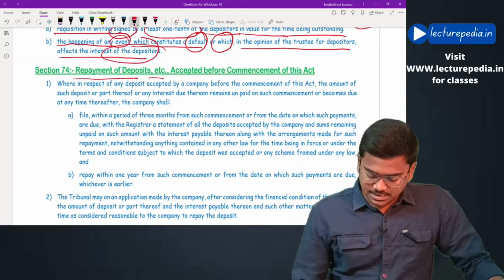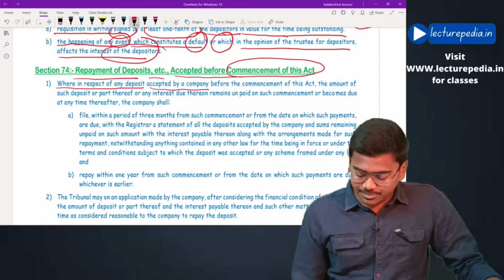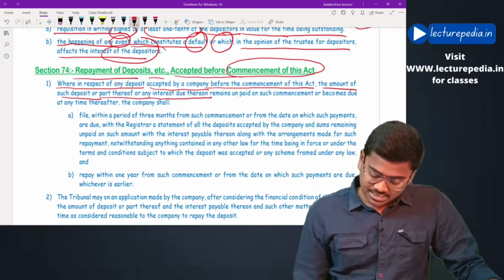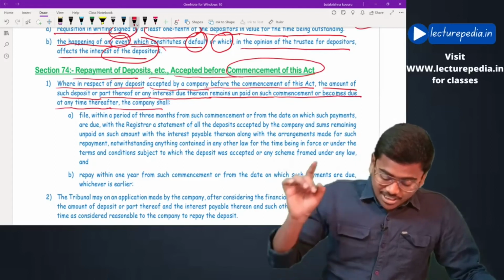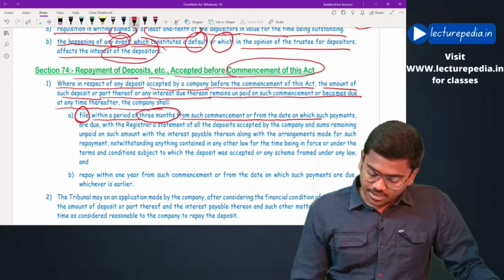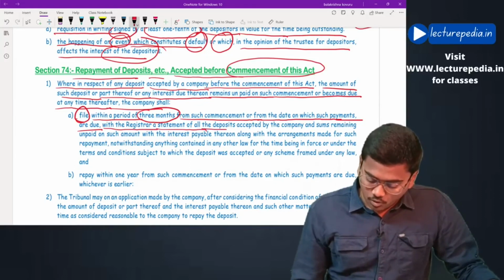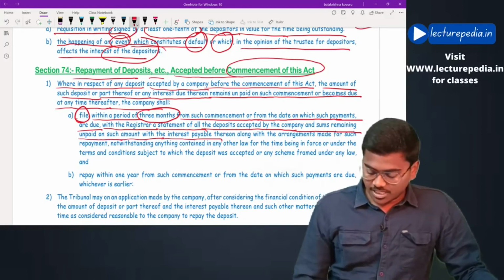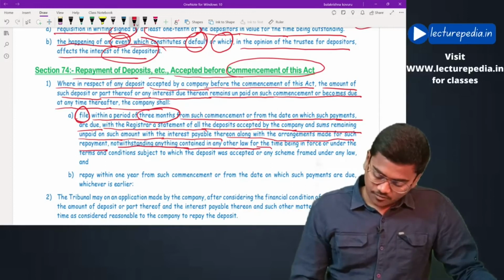Repayment of deposits etc. accepted before the commencement of this act: where in respect of any deposit accepted by a company before the commencement of this act, the amount of such deposit or part thereof or any interest due thereon remains unpaid on such commencement or becomes due at any time thereafter, the company shall file within a period of 3 months from such commencement or from the date on which such payments are due, with the registrar a statement of all deposits accepted by the company and sums remaining unpaid on such amount, with the interest payable thereon, along with the arrangements made for such repayment,